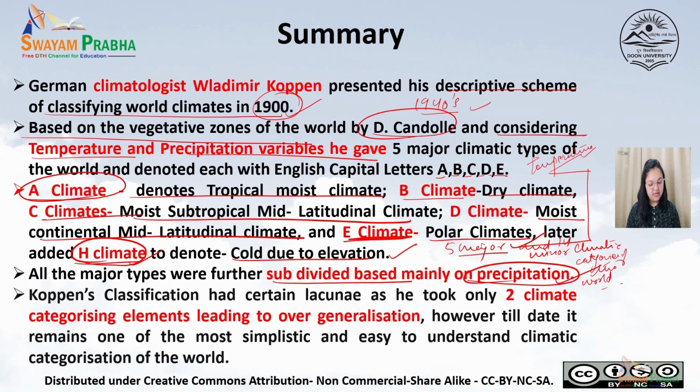However, there were certain lacunas in his work as he took only 2 climate categorizing elements, that is temperature and precipitation, to categorize the global climates. So there were criticisms of overgeneralization. However, to date, his model remains one of the most simplistic and easy to understand climate categorizations of the world. His model was descriptive but empirical in nature, so it was easy to understand, and it has a strong correlation with the vegetation patterns of the world, which appealed to many people, and it was very easy to